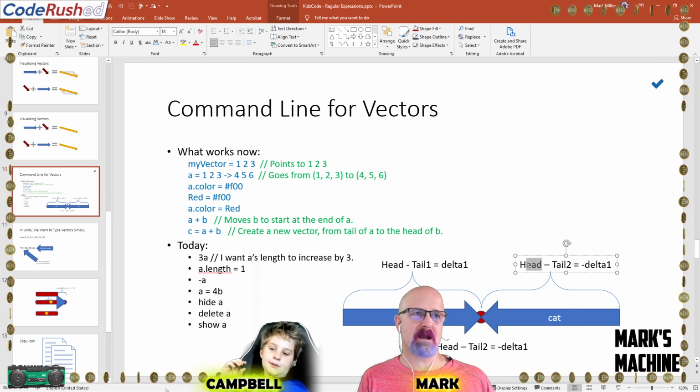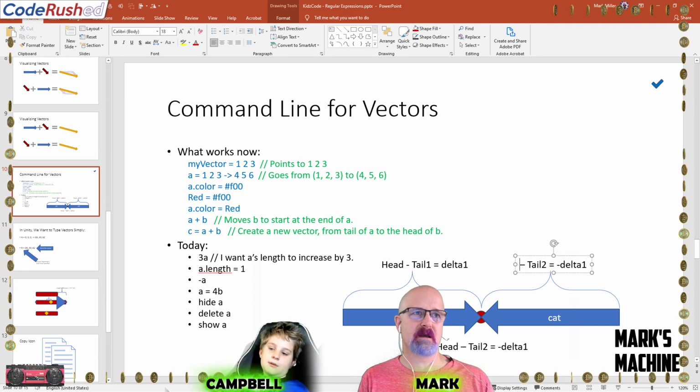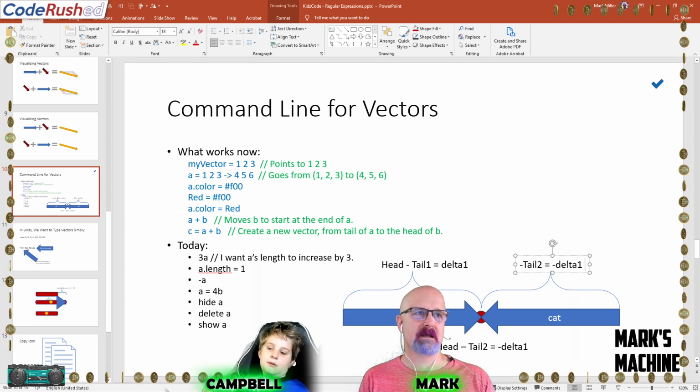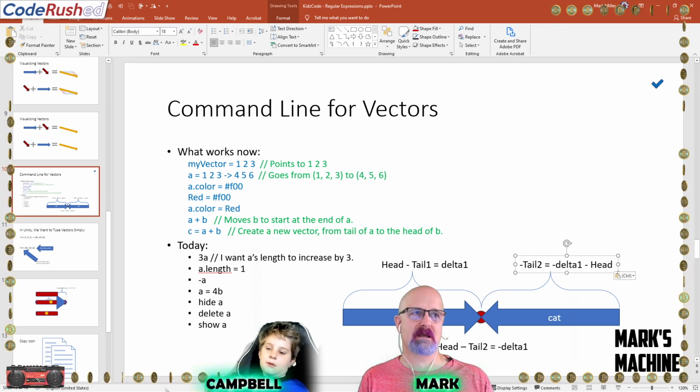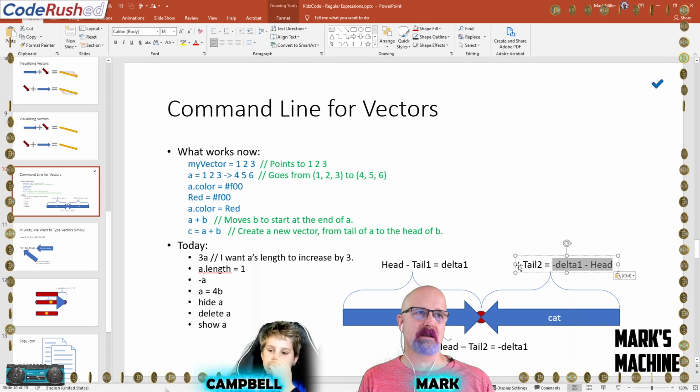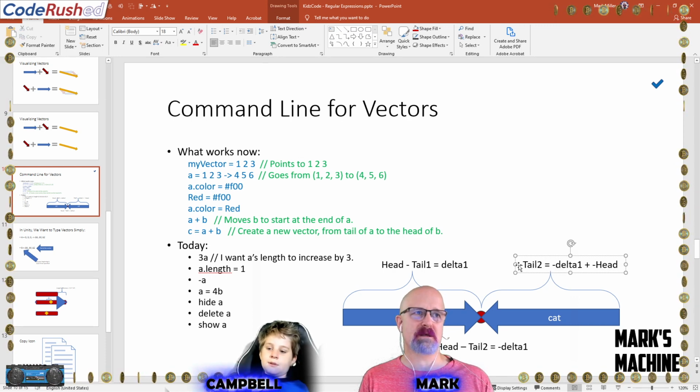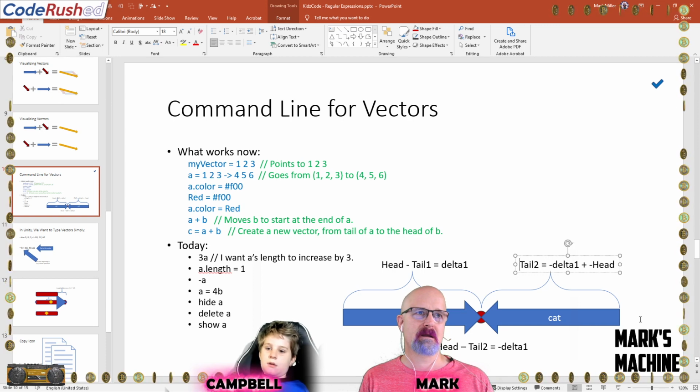So we subtract head from both sides. We get a negative tail on this side, and we have a minus head here, which is the same as this plus a negative. Then we multiply both sides by -1. That leaves us with tail 2 over here, and this becomes